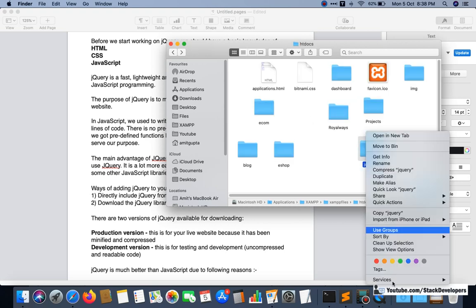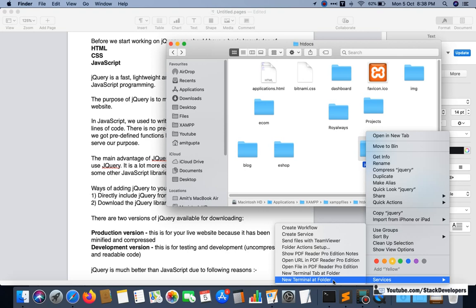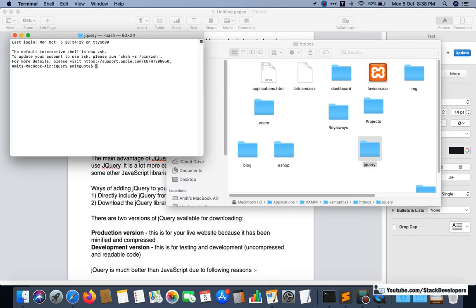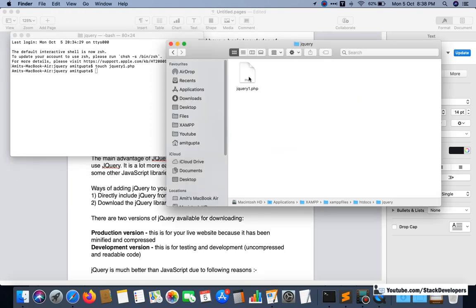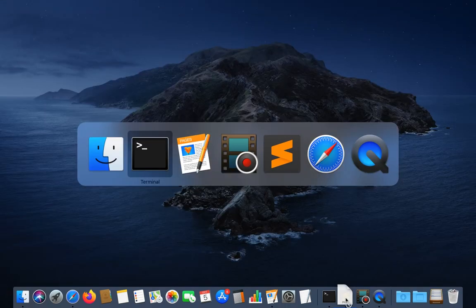In Mac we need to create the file like this, otherwise you can just right click and create the file in Windows. I am going to name it jQuery1.php, and I will open this file in Sublime.